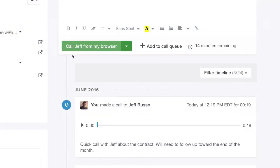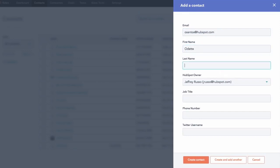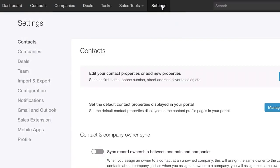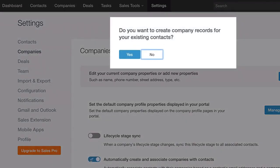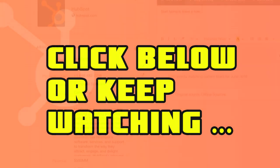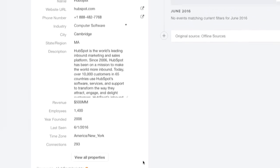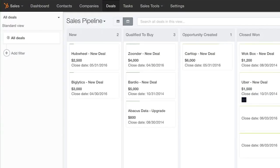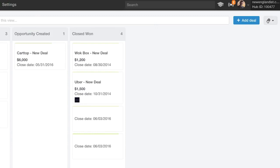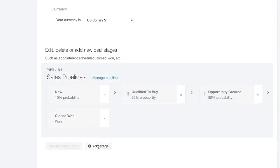As you add contacts to HubSpot CRM, either through HubSpot Marketing, imports, or through some other means, HubSpot CRM takes care of all of the details of organizing your contacts by company. For every new company HubSpot detects in your database, we'll automatically add dozens of useful details about that company that your sales team can use to have more relevant, personal conversations with your prospects. In addition to collecting deep details on the contacts and companies in your database, HubSpot CRM makes organizing your sales process easy with deals and